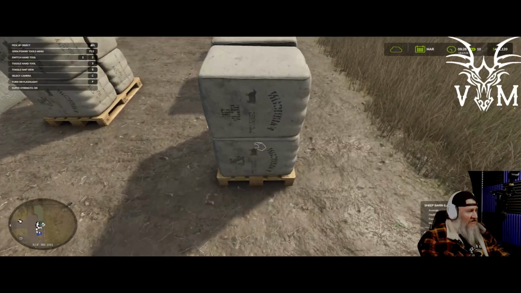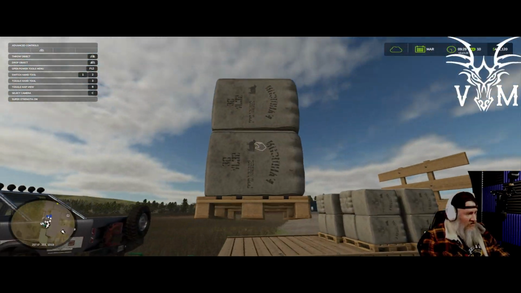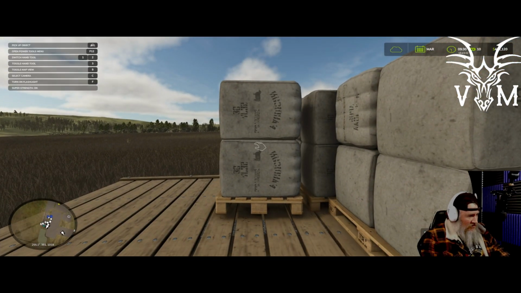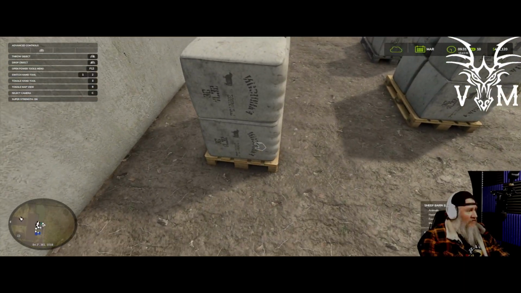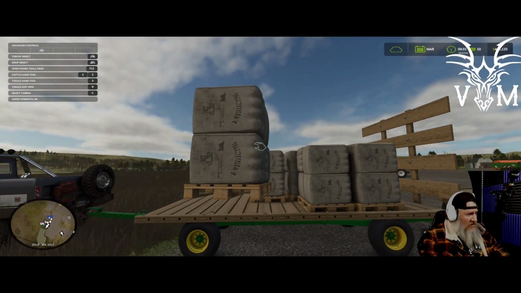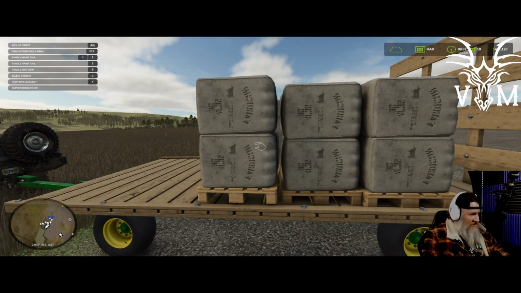Oh, I haven't got chickens yet either. I think I need to grow some wheat for chickens. So we'll grow the food first and then we'll get the chickens. As you can see, I have a strength mod on because there's no way in hell that you would lift 4 of these bales by hand. Just wouldn't happen. I know it's cheating, but it's easier than...